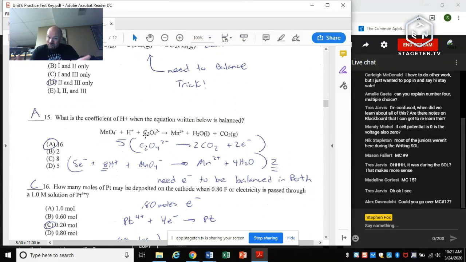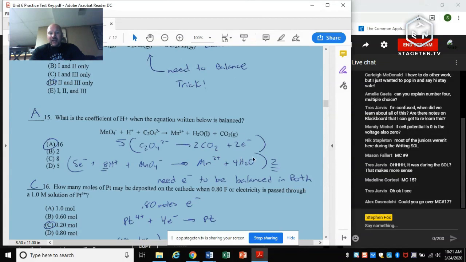Now, you might want to try to guess and check because they do give you the H plus and you get the water. And so you might want to try to balance this by just going back and forth and getting the right numbers. But when most people do that and they don't do the half reaction method, they get 8 in front of H plus and they choose letter C. Okay? Well, 8 is the balanced hydrogen for this half reaction, but when I add the two reactions together,